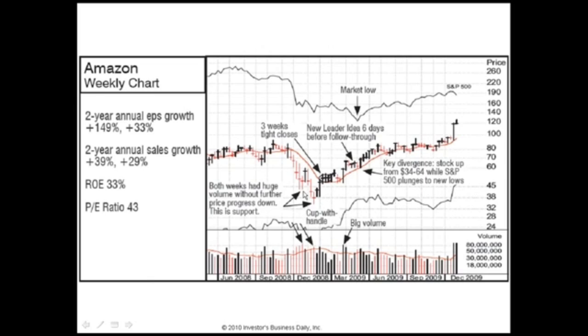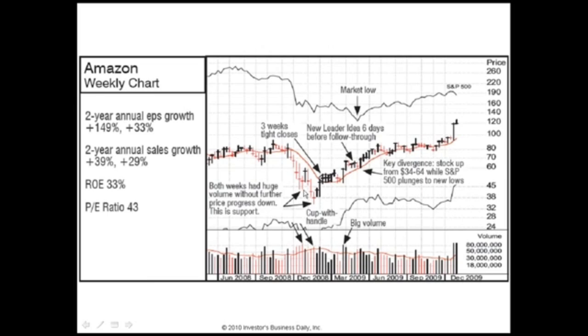Then the very last red week that's down, and I'm in the phase where 1, 2, 3, 4, 5 weeks down off the top on the left-hand side. That red week has enormous volume, the highest volume at all, and it just doesn't go down much at all. So there's huge, huge buying supporting that stock right there.